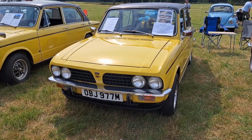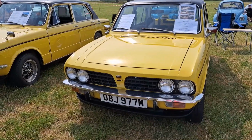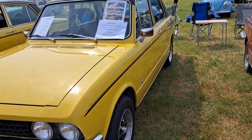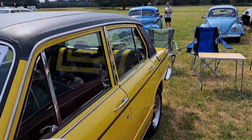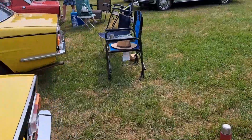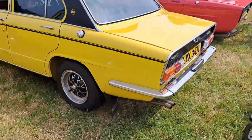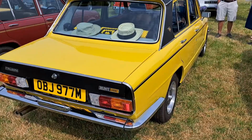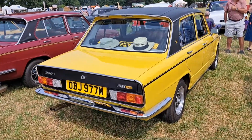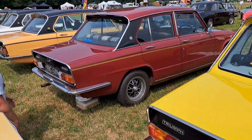Again, mimosa yellow with the correct alloys. I mean, I feel pretty happy to be here, to be honest, viewers. This is brilliant. I'm getting, of course, vibes from the first series of The Professionals when a white one of these was driven by Lewis Collins. It was a POK 79R. That one. This one is a pre